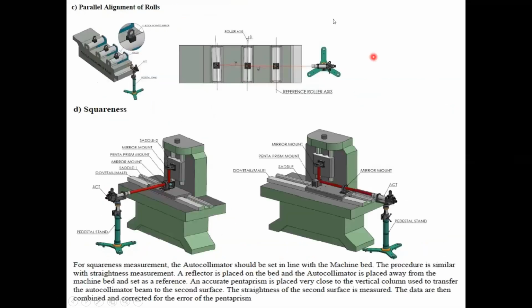Parallel alignment. Here a number of parts are aligned parallelly. How can we measure the parallel alignment? If there is any deflection in this alignment, automatically there is a difference in the image position. If any one is deflected through angle alpha, automatically the rays will be deflected through 2 alpha angle, and the image also occupies a new position. Here, the squareness can also be checked by using this autocollimator. These are all applications of the autocollimator.